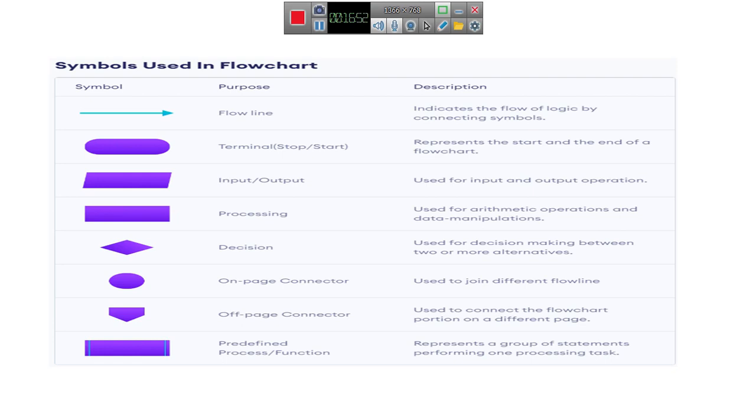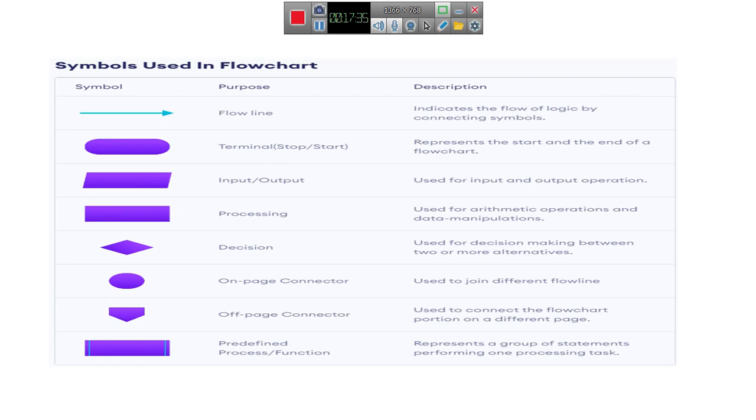Processing means the same algorithm. That is, a is equals to 10, b is equals to 20 is the input, and c is equals to a plus b is the process. So then, print C is the output.